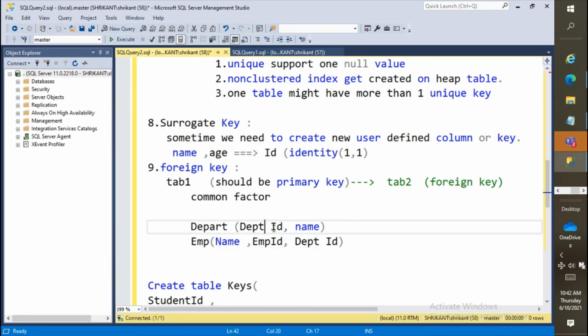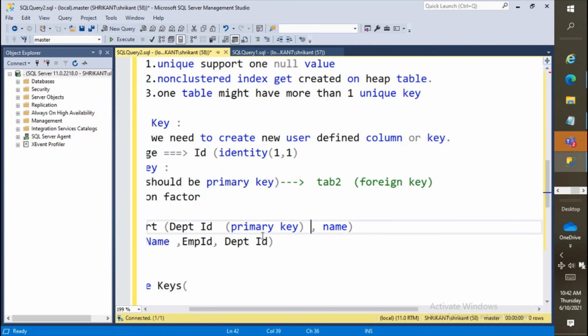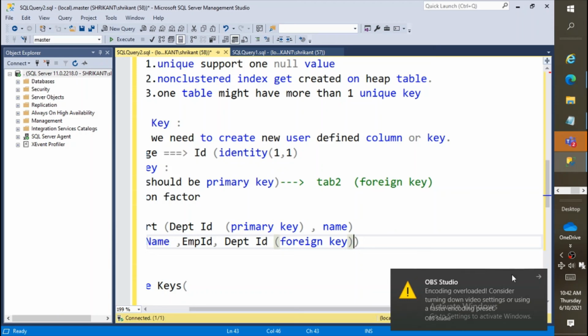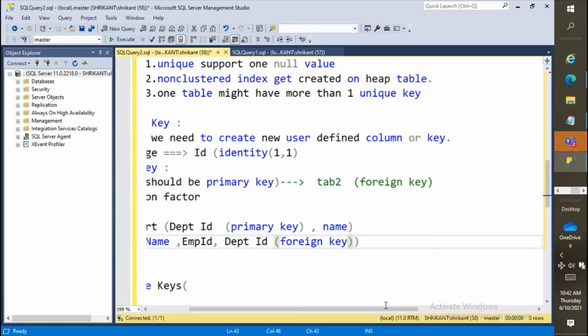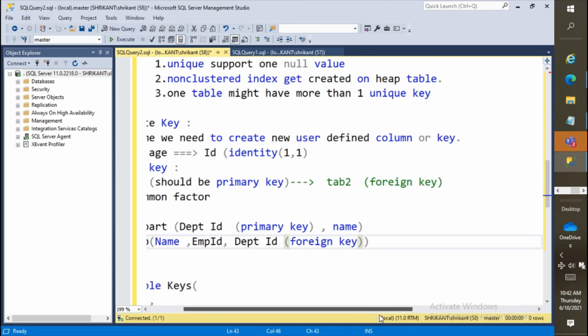But if I want to link these two tables and the data should be in sync, then I need to use this key as a primary key in one table. Then and only then can I say it's a foreign key for the other table. If there is no such relation, then you can also use it, but that linkage would not be termed a foreign key primary key relation, right?